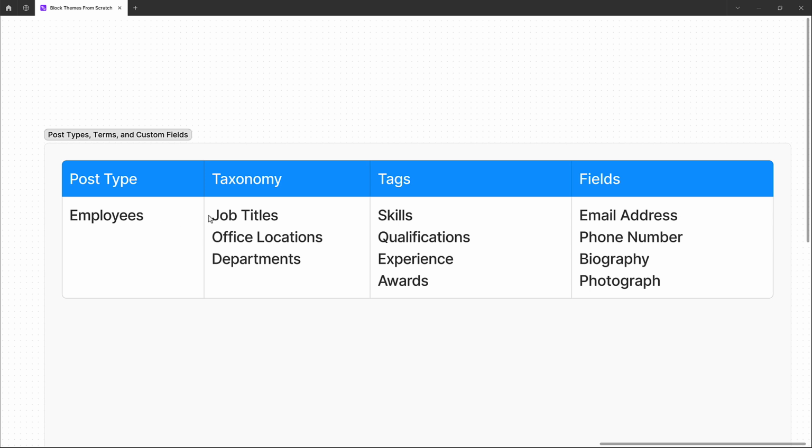That's going to be one of the big differences between how we can use taxonomies and how we would use tags. For tags, we would probably want multiple tags for each employee. So each employee is going to have several skills, several qualifications, lots of experience, and different kinds of awards. By grouping them this way, we can make sure that the employee gets multiple things that are here in the